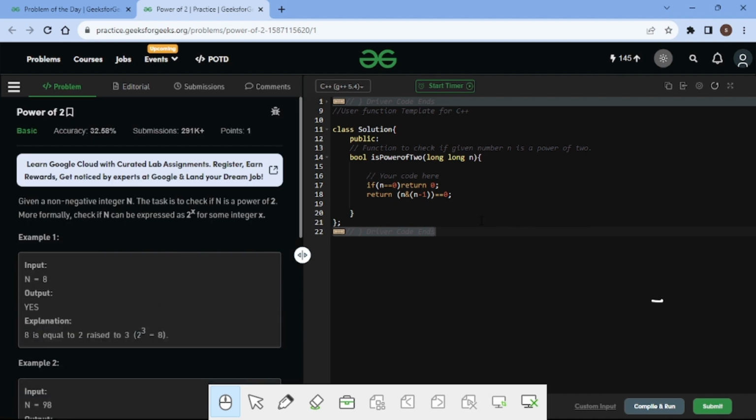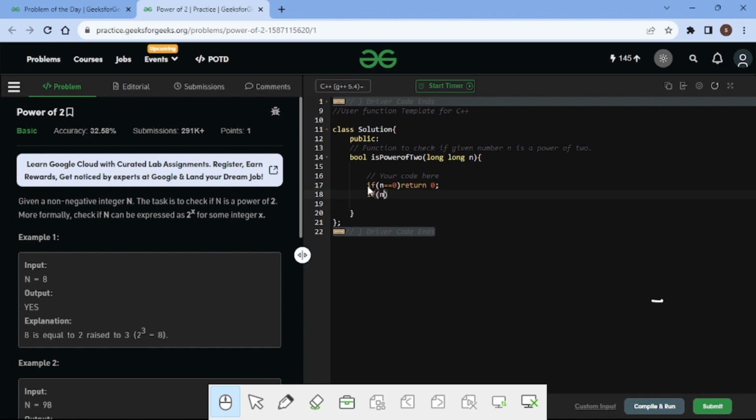Now let's discuss another approach to solve this question, which is logical thinking. In logical thinking, we say that if a number is divisible by 2, we go half at each step, and if no step gives modulo 2 equal to 1, then that number can be represented as 2 to the power of x. In code, if n equals 0, it cannot be represented as 2 to the power x, so simply return 0.